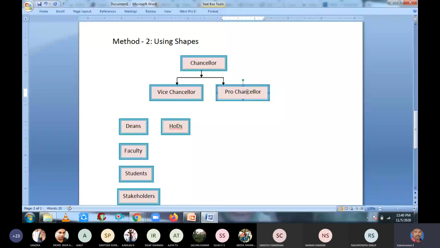Here, now I want to increase the size of the line. So I am going to click that particular line and then click the Format menu. At the end there is an option called Size. So I'm going to increase the